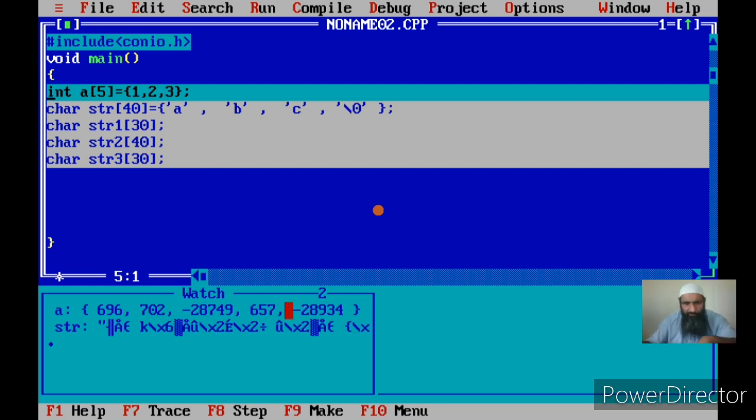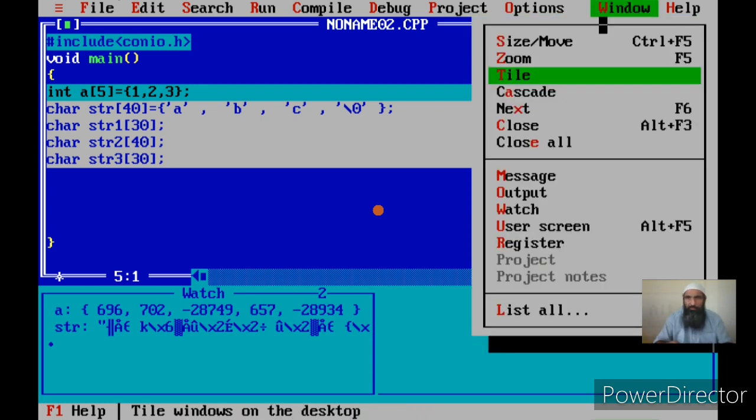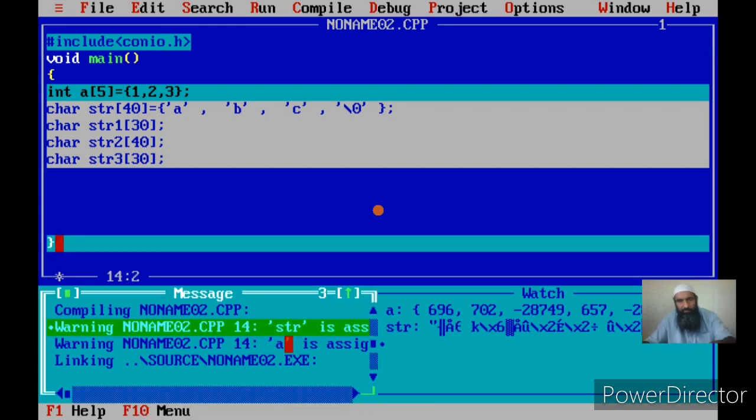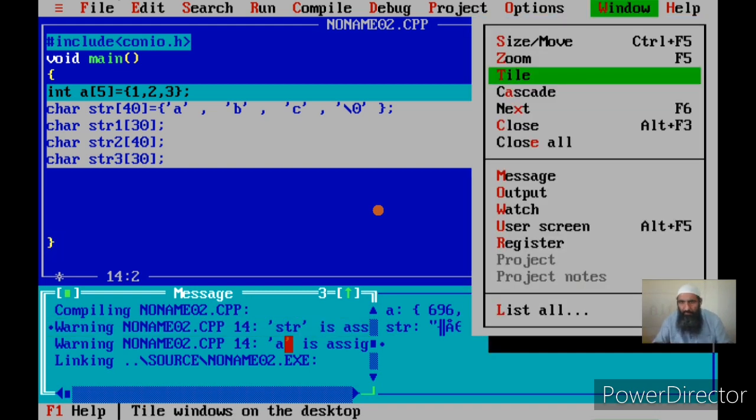First, let me tile the windows. Okay, let me close this so that you can see the entire thing.